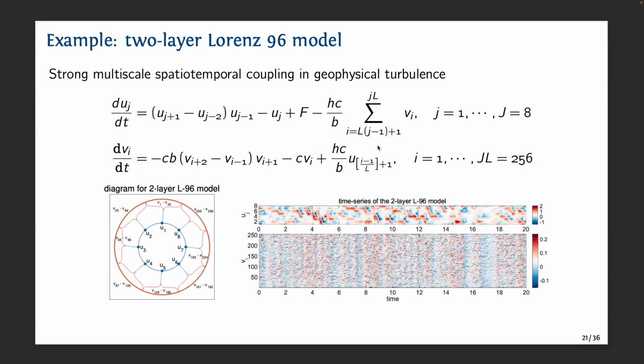So we take this prototype model for our first test. This is the so-called Lorenz 96 system. It also has a background from climate, but it illustrates a general type of multiscale coupling. So there are two levels of grids. In the inner level, there are large-scale modes, and each large-scale mode is connected to a couple of small-scale processes, and they are coupled in this explicit way. And this is one realization of the solution. This is the large-scale U, and this is the small-scale V.